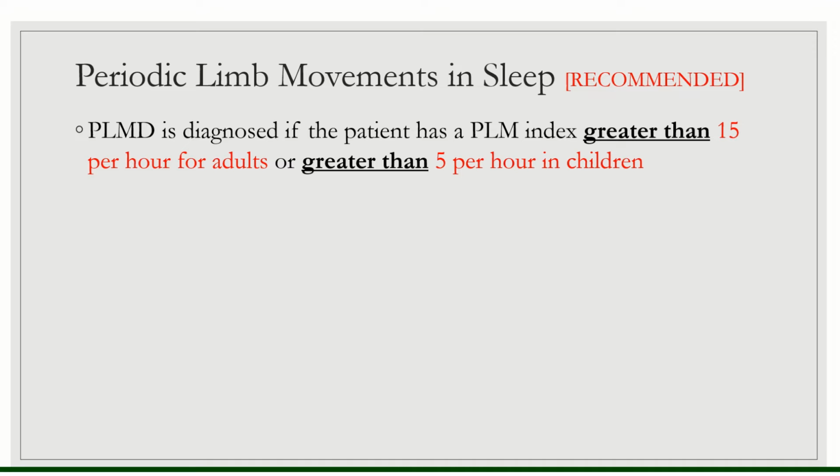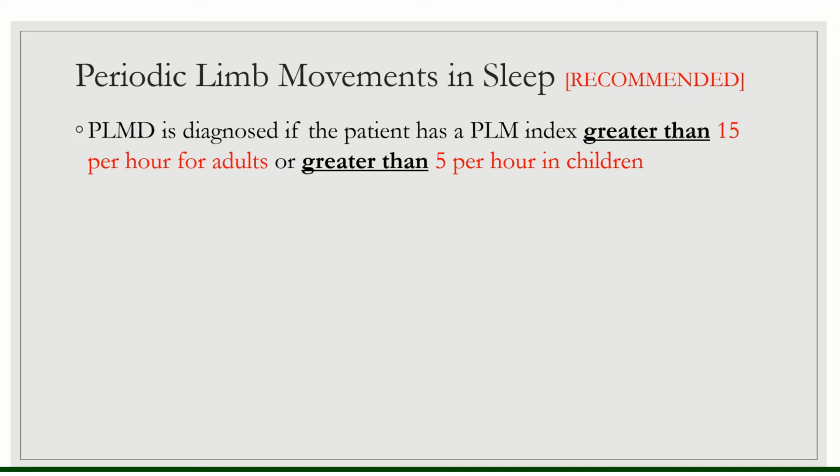Periodic limb movements in sleep, that's just all the individual movements. But if they have enough individual movements to classify for the disorder, then we would call it periodic limb movement disorder. Periodic limb movement, which is PLMD. So once again, it's diagnosed when the PLM index is greater than 15 for adults or greater than 5